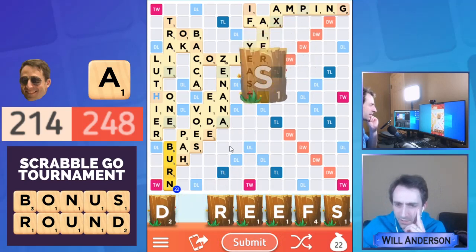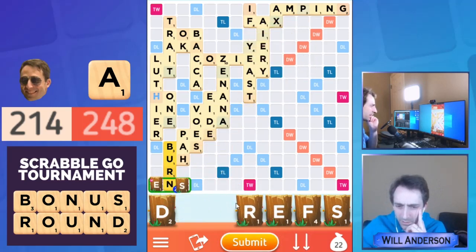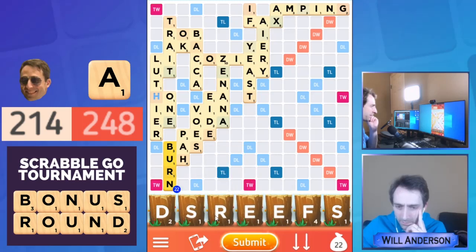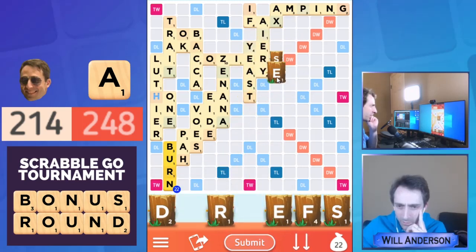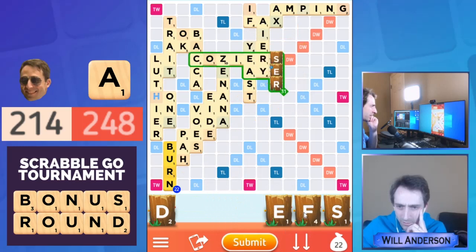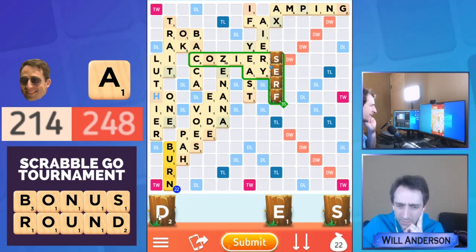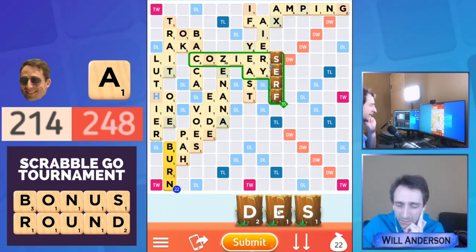So here's the thinking here. I either play surf for 30 or surf here for 35. And if I play surf here for 35, I get to keep an E in my leave, which dramatically increases